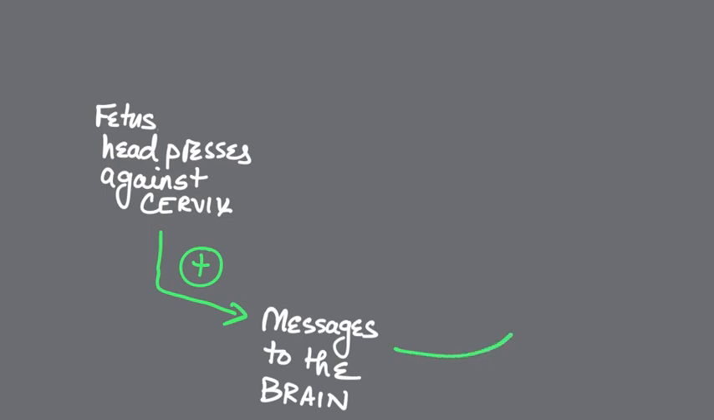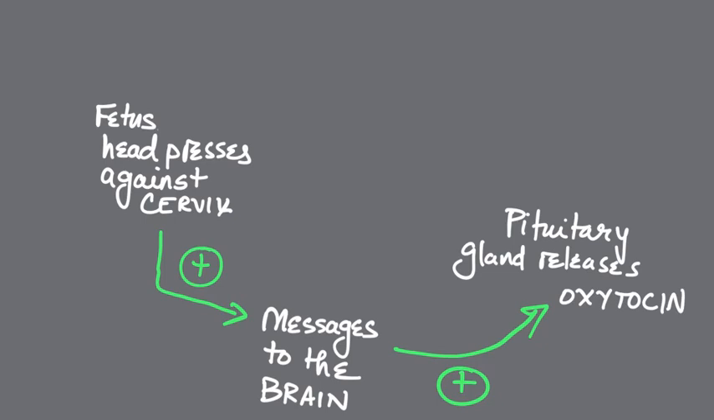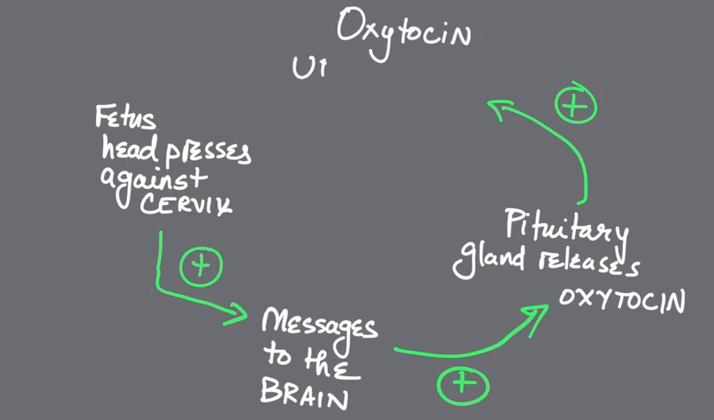In the brain, the pituitary gland is turned on and it releases a hormone called oxytocin. Oxytocin is released into the blood, reaches the uterus, and causes strong contractions. So when the uterus contracts really strong, it squeezes against the fetus and makes the fetus's head press even more